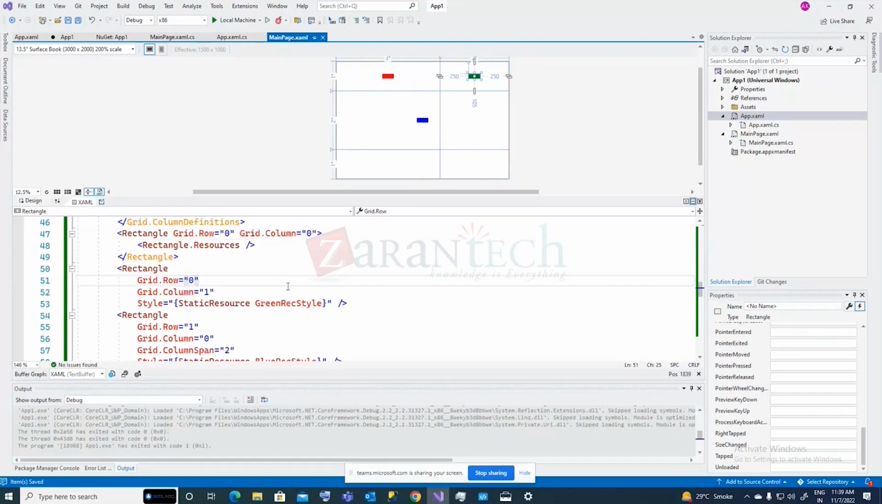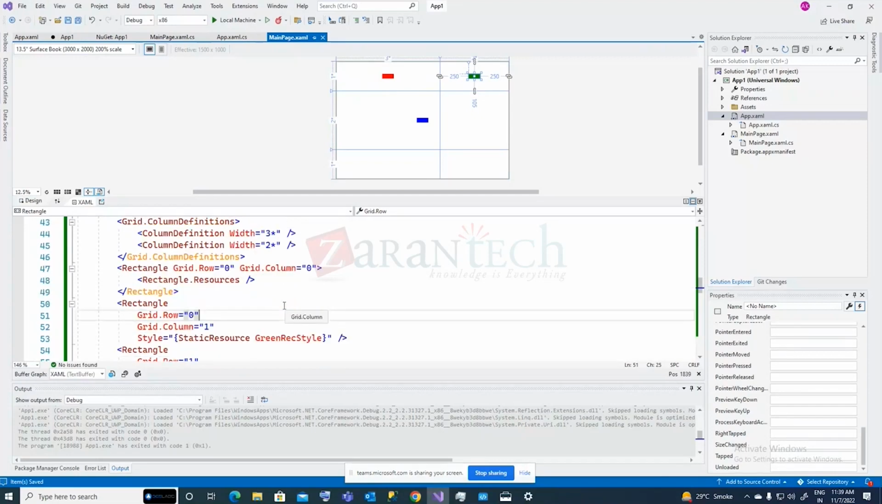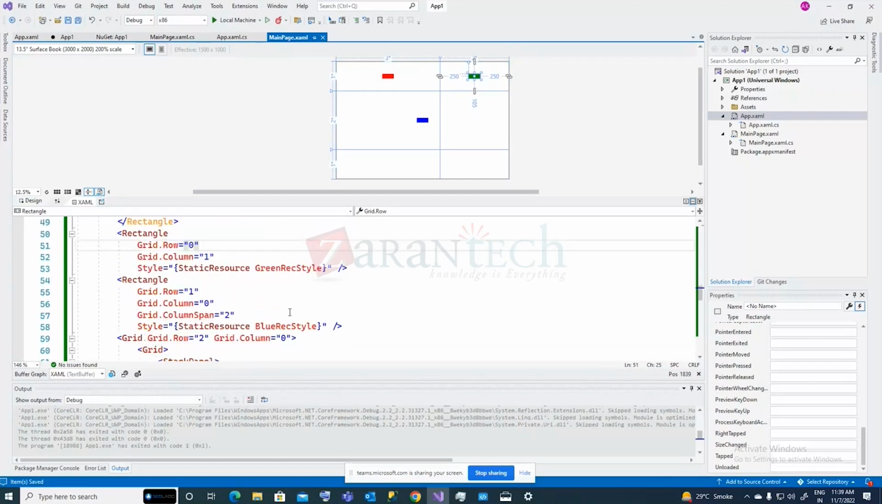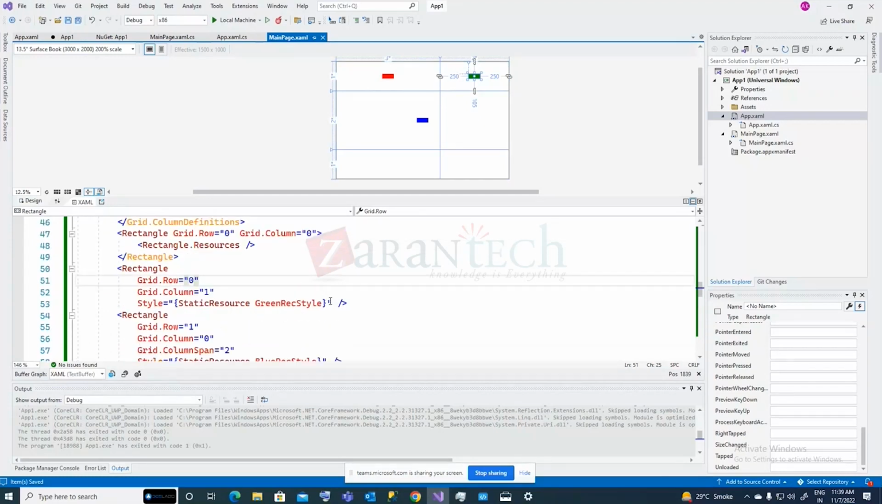The style will apply to all controls in this application, or in this page. Right now, in this scenario, in this page, all of them will automatically have the red one. If I remove this, if I remove the style from this one,